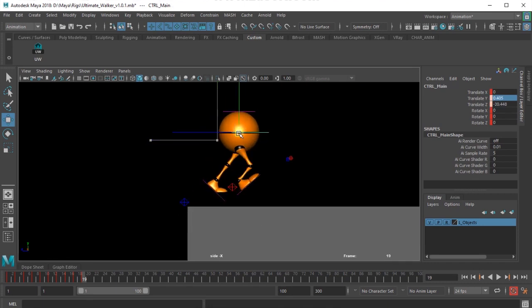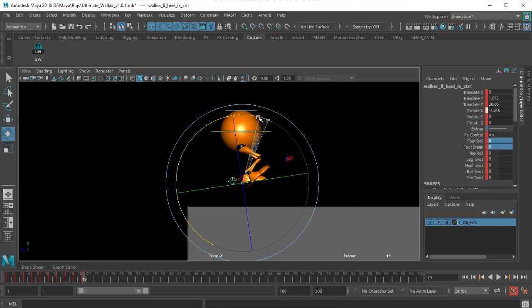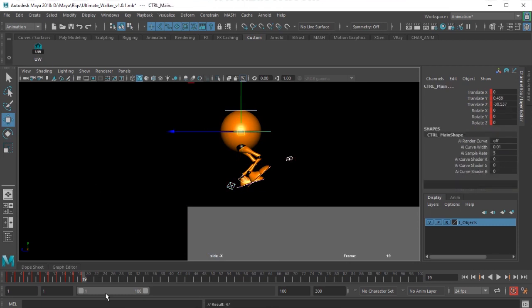I feel that pose is not looking quite favorable, so I'm just trying to change it. It's okay if it's breaking the symmetry.